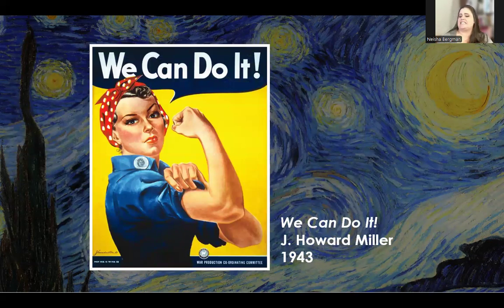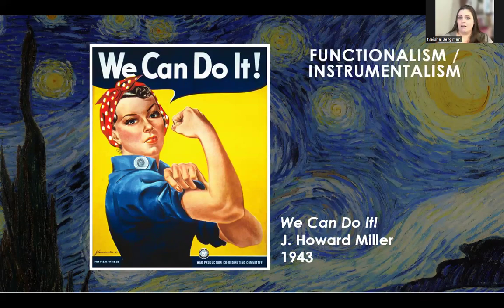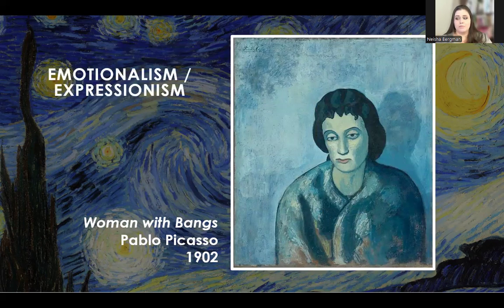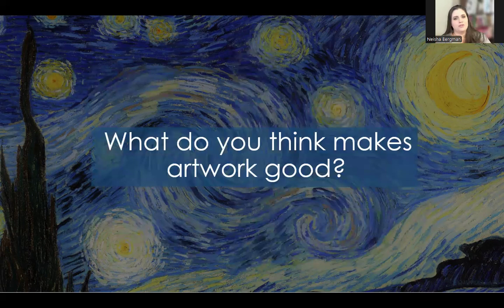We Can Do It. This is by Howard Miller. Okay. This is also functionalism and instrumentalism. This is a form of propaganda, which is usually judged by how effective it is at communicating these ideas. Woman with Bangs. Emotionalism and expressionism. And we will talk about this when we talk about color later. And what do you think makes a memorable